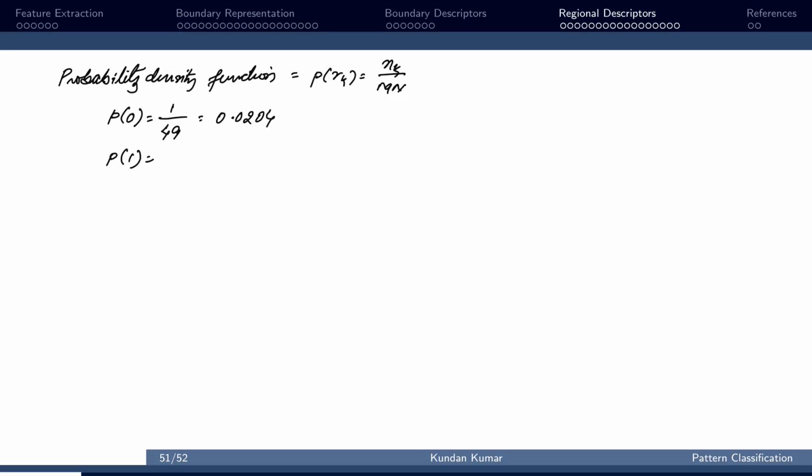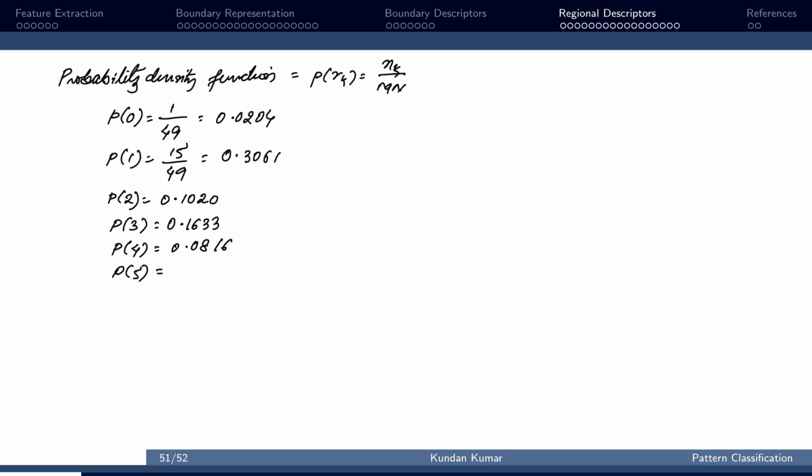P1 will be 15 divided by 49, and it will be 0.3061. So we can compute P2 as 0.1020, P3 equal to 0.1633, P4 equal to 0.0816,